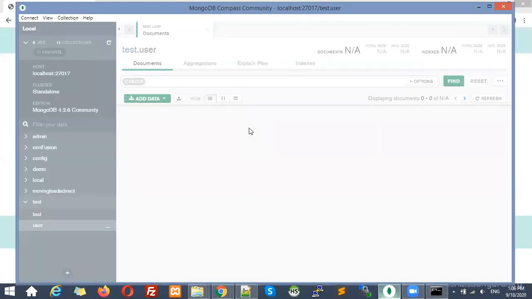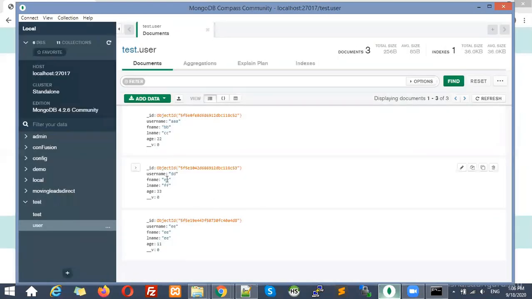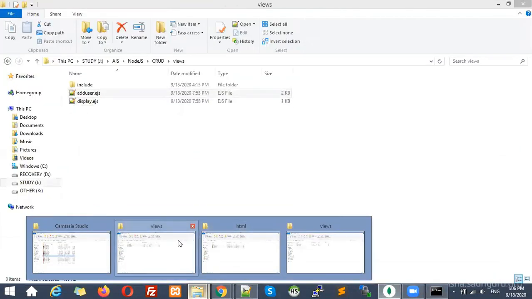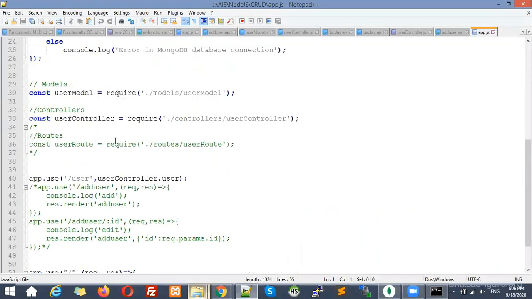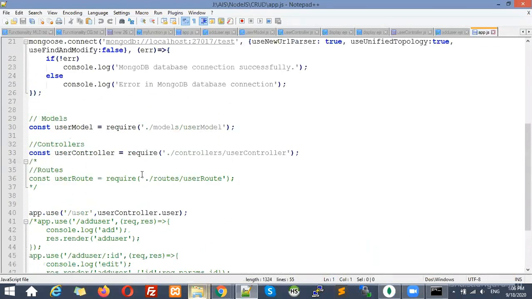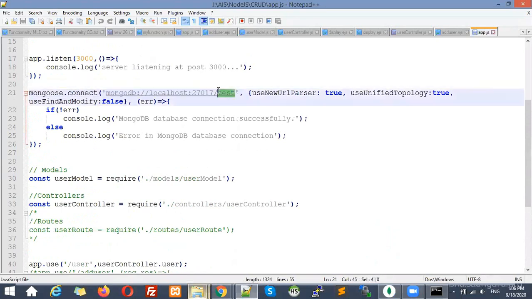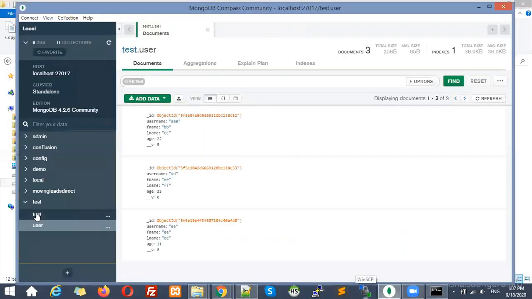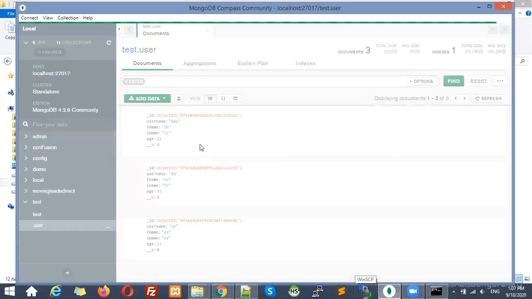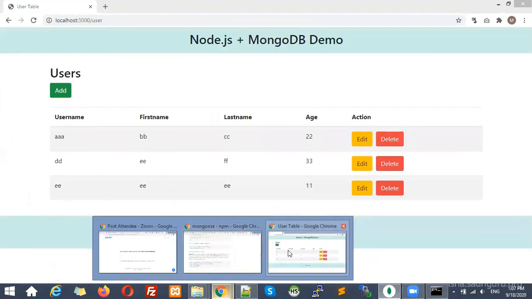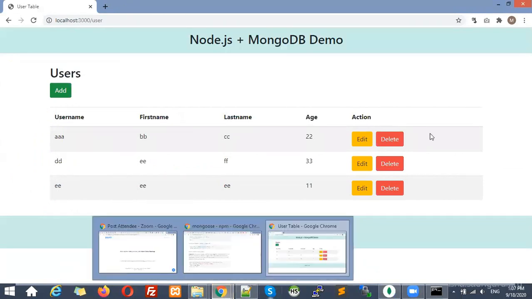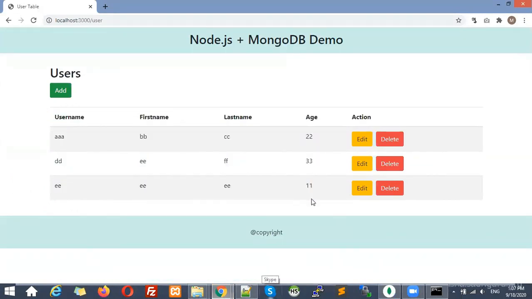You can also see this one is created inside, I think, a test label, and let me see that file also. Yes, okay. Let me check the app folder, so we can get what the database name is. So let me show the database also. Okay, the database is test. So in test, this user table is there. Usernames A, B, and E. So let's verify whether the records are there. Yes, A, B, and E. So these are the records coming from that table.